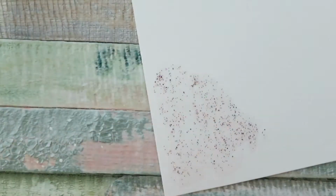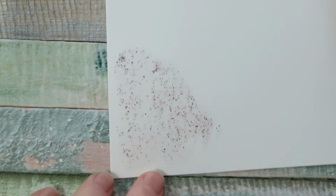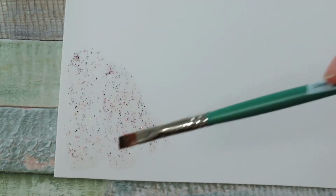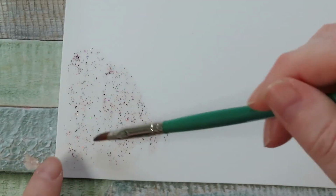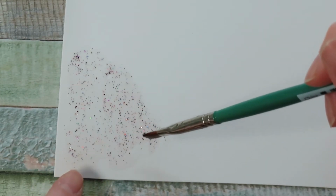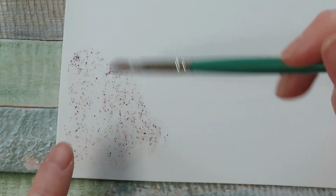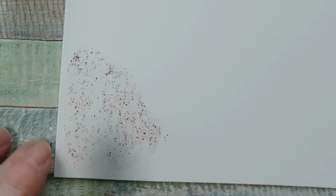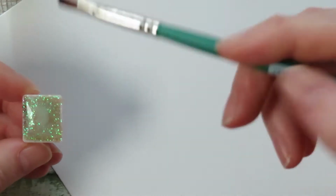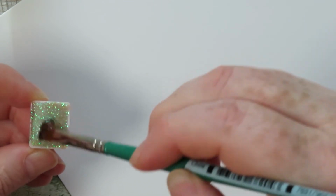So this one's the disco dust, by the way, or if you bought tinsel in the past, it used to be called tinsel, but the tinsel had some larger parts in as well. Now I've removed those larger parts and it's just the smaller particles, and so I've changed the name to disco dust. Now this one is the Magic Fairy Dust, which is absolutely divine,